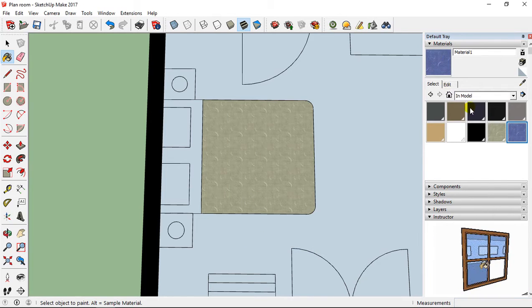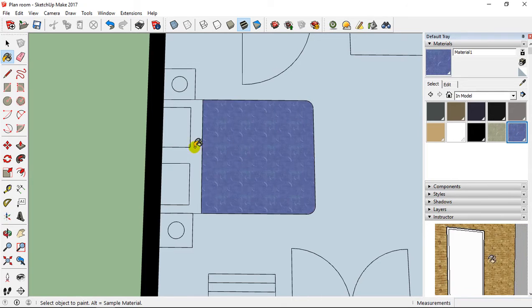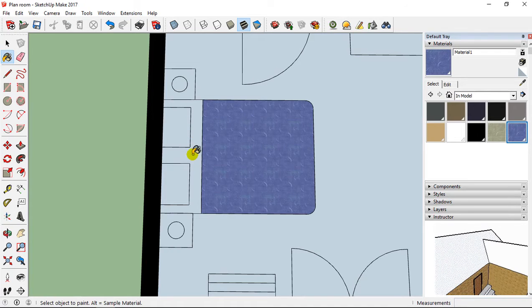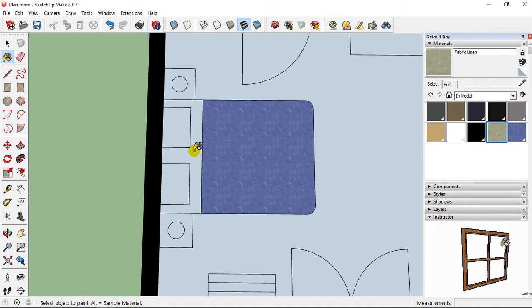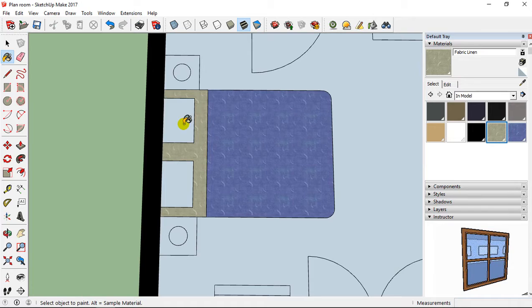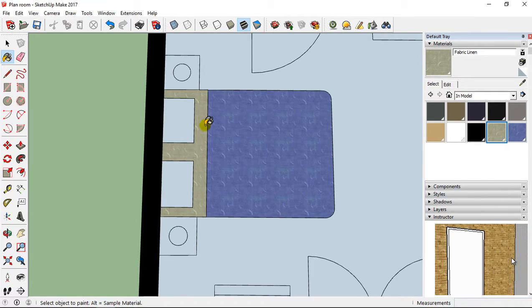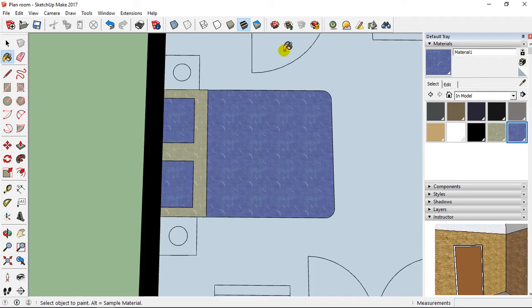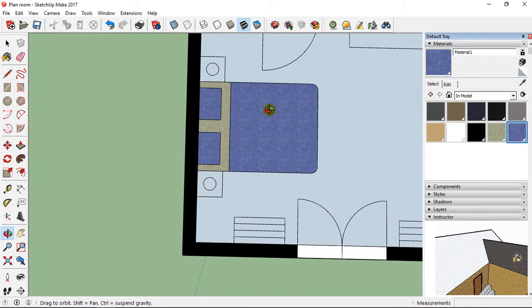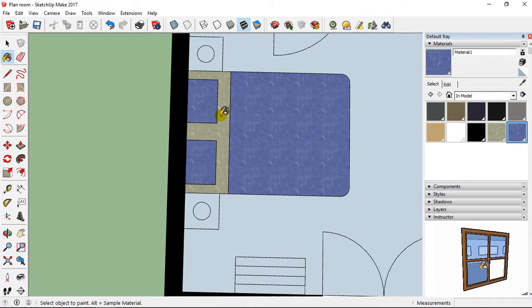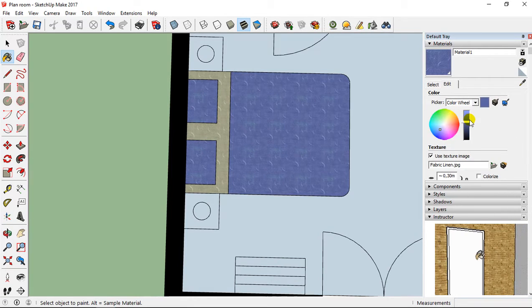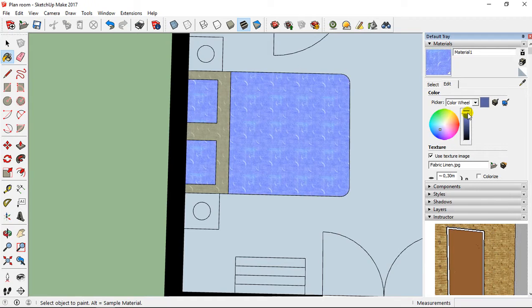Now I have my new material appearing at this level, and I can add it like this. For example, here I'm going to add maybe this, but in gray, it's good. And for the pillow, same colors as this, so I take again this material like that. Or maybe I can change the sheet, so I click on this material and I change the color.